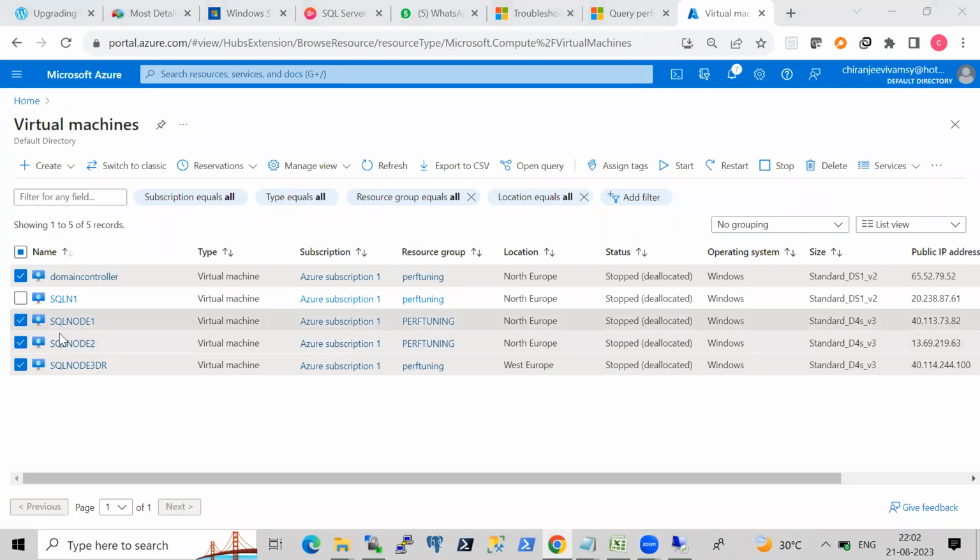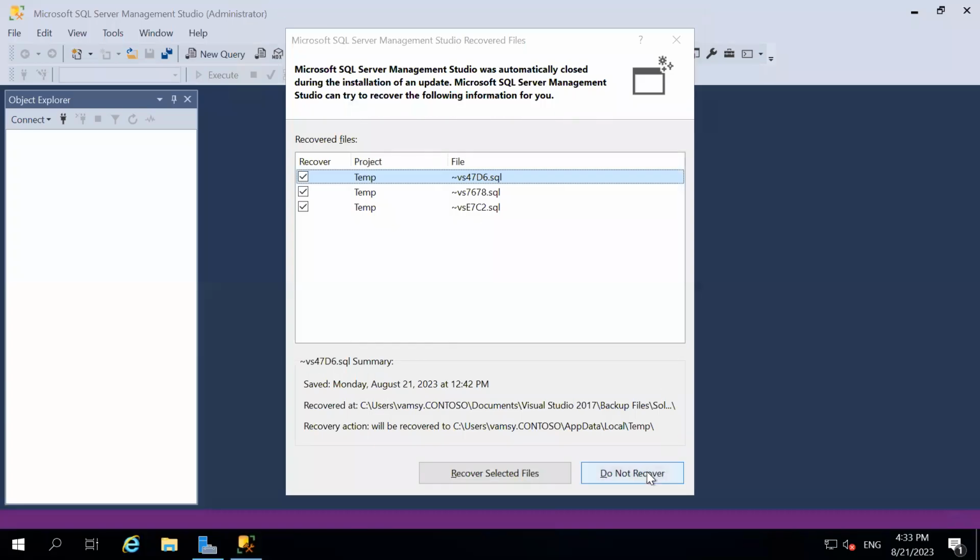Very simple setup. 1 domain controller, 2 nodes acting like HA, and this guy in West Europe is acting like DR. And this is 2019 Always On availability groups, what I have. So is the setup clear first before we move on? Okay, so let's move on and let's see the